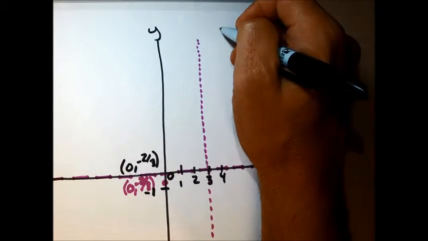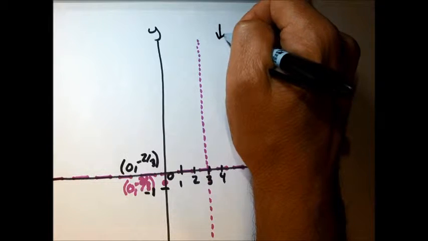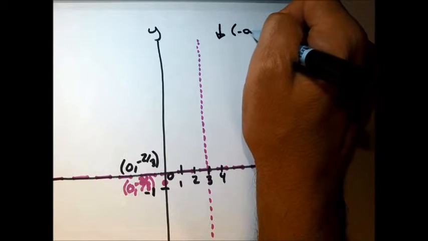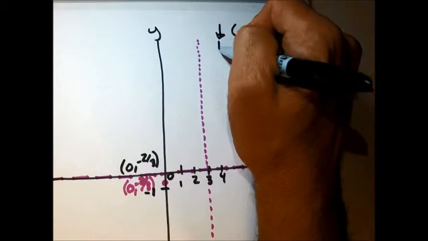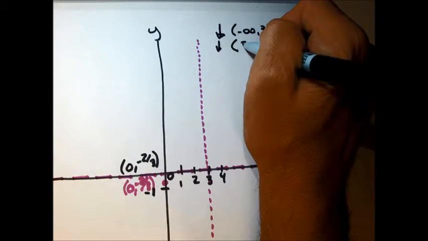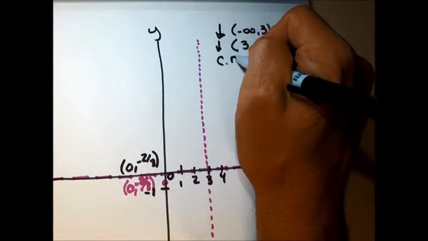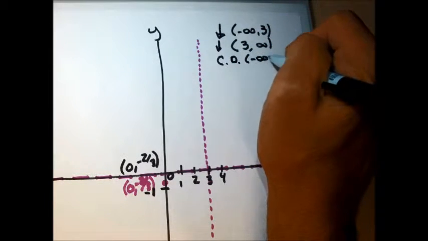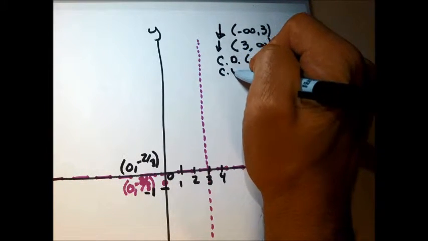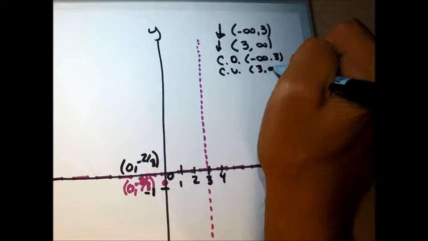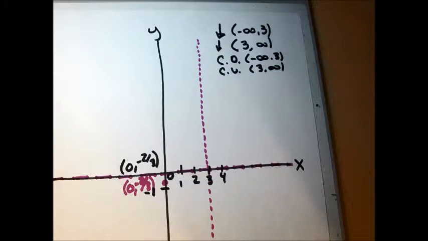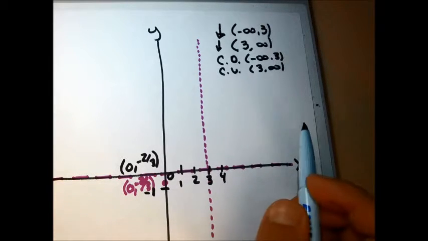We have that it's decreasing from negative infinity to 3. It's decreasing from 3 to infinity. It's concave down from negative infinity to 3, and it's concave up from 3 to infinity. And I'm going to borrow from my calculator. The only thing I need to do is make sure my graph is drawn to the asymptotes and goes through